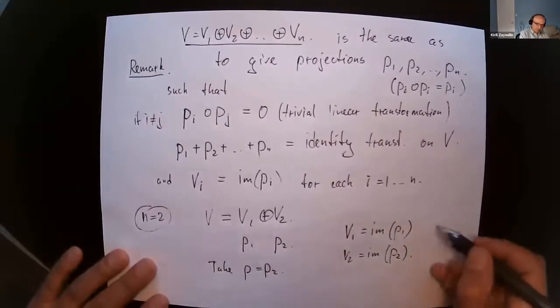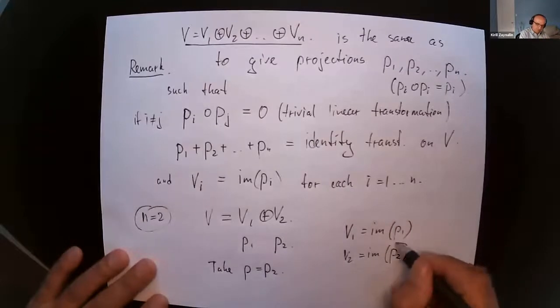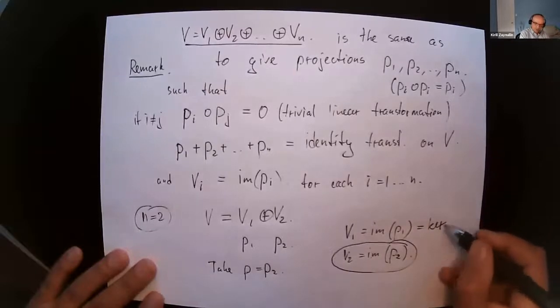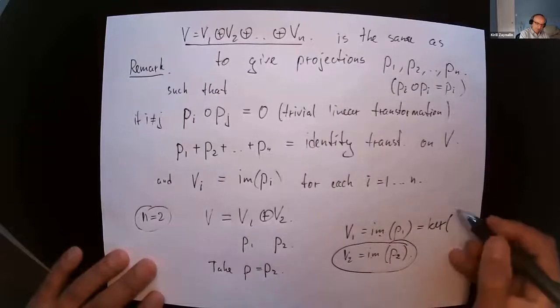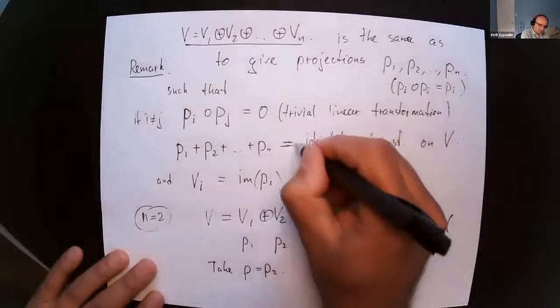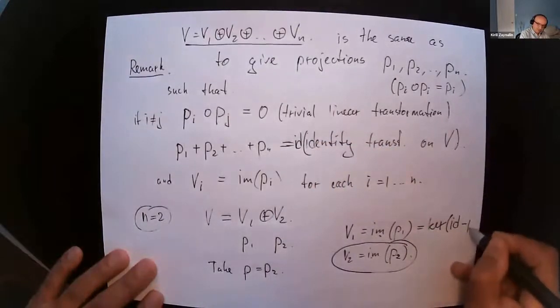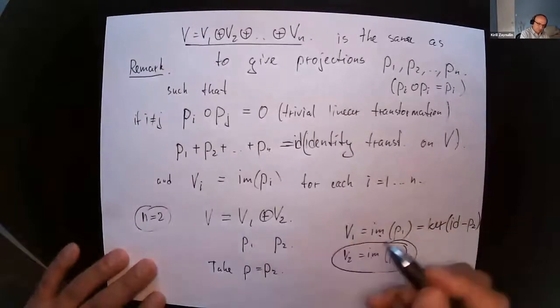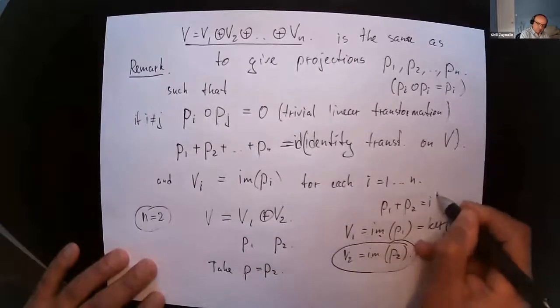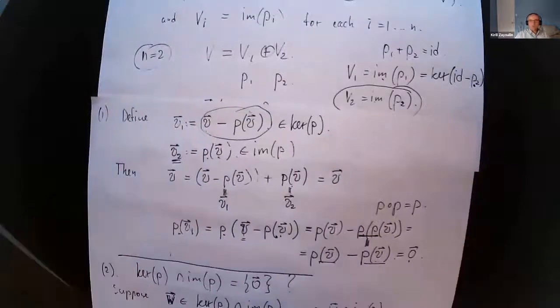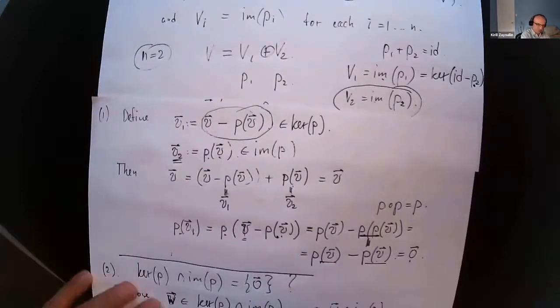And then it's very easy to see that, okay, this is then fine. So V2 is the image of P. And why is it a kernel? Well, indeed, it's a nice exercise to see that this image is nothing else but the image of, let's put here the identity, the identity minus P2, which is P1, right? And that's exactly what we gain. Yeah, so we actually used it, we use this formula